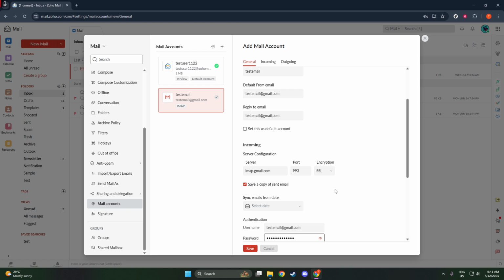Once authenticated, Zoho Mail will begin fetching messages into your inbox, and you'll also be able to send emails from this newly integrated address. By following these steps, you've added another layer to your email system that helps you stay organized and efficient. Remember, integrating all your accounts into Zoho Mail can enhance productivity and ensure you keep up with all your communications effortlessly.